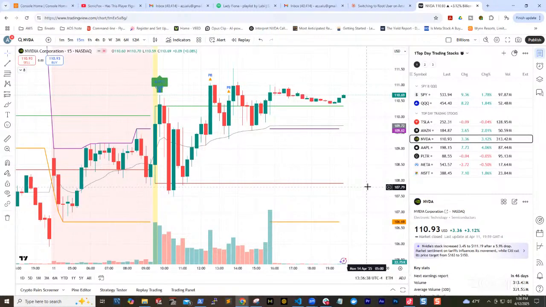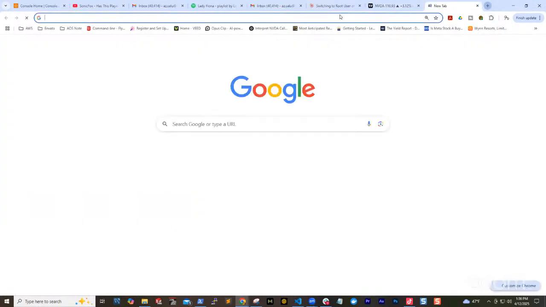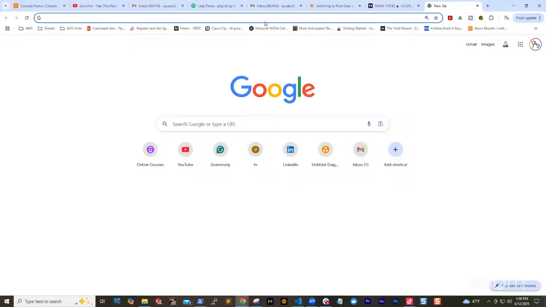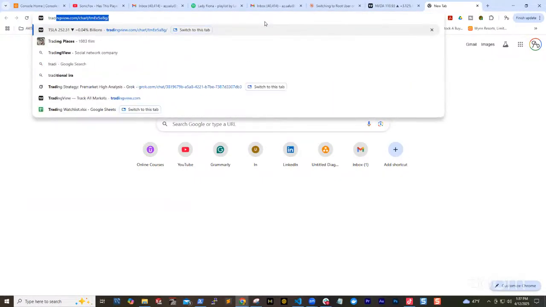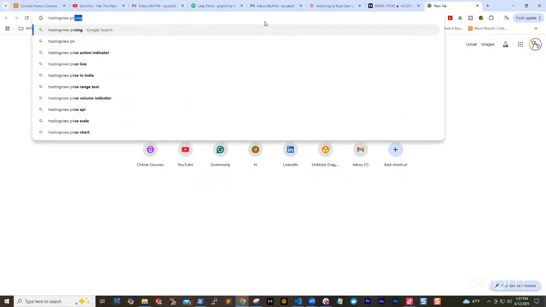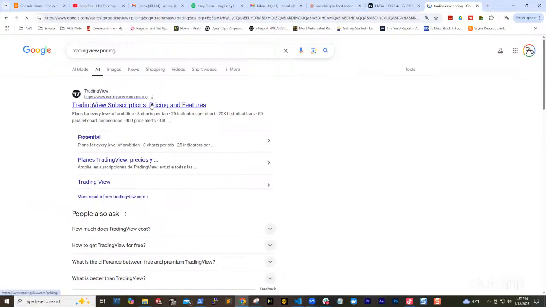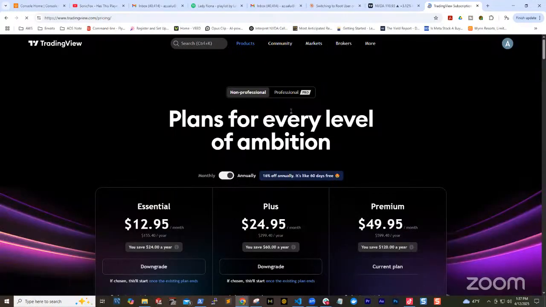Gotcha. And how much is it for TradingView? Roughly what, a week? TradingView is like you subscribe for a year. It's just an application, like any type of application out there that you can subscribe to. Let me just find the pricing for you. TradingView pricing. They have a free version though. But that's the one that you want to use once you come on the free version.